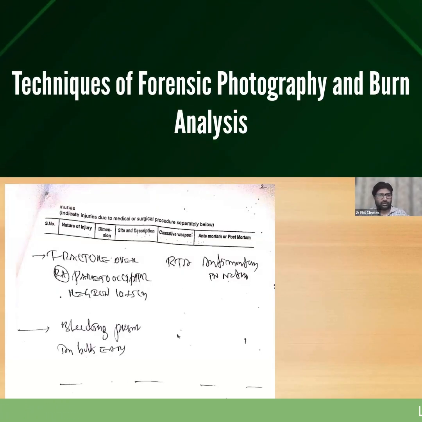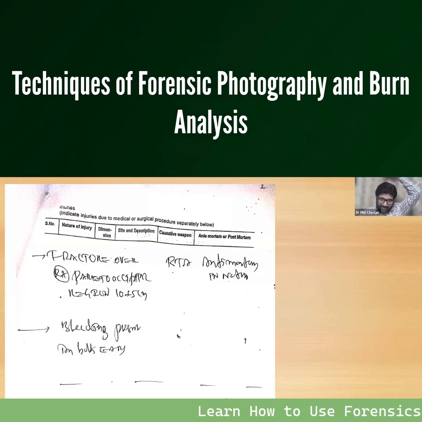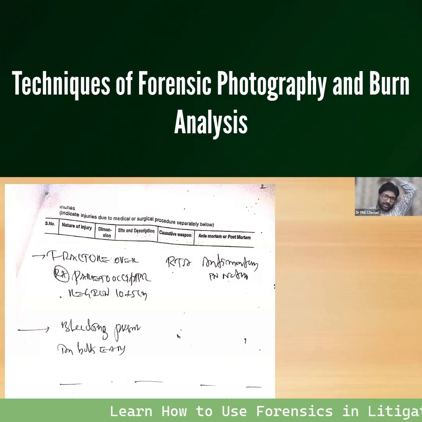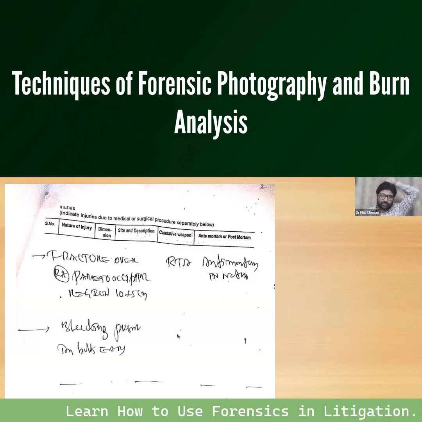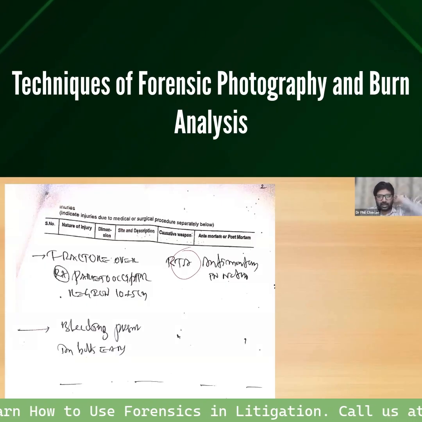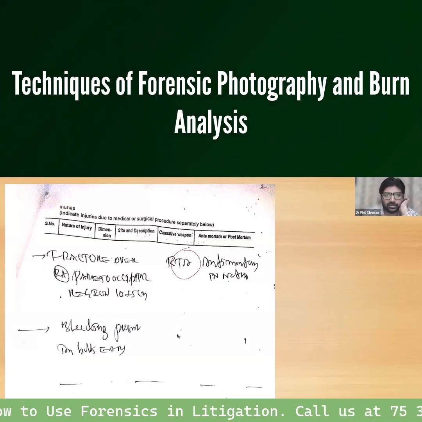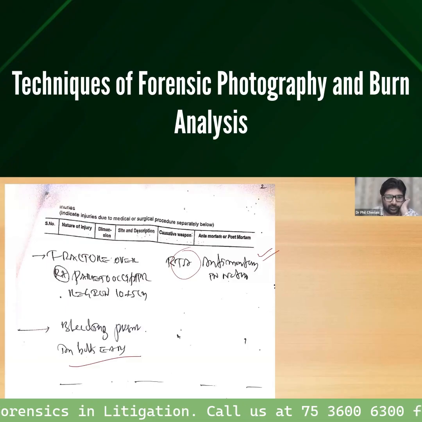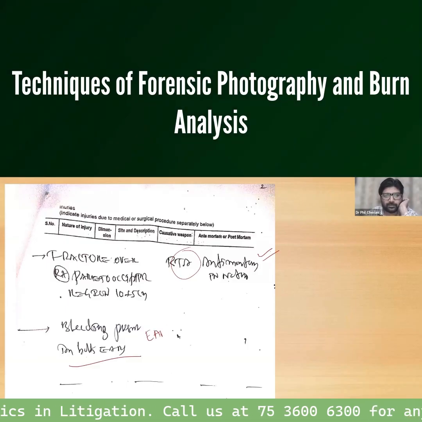It says fracture over the right parieto-occipital region. Parieto-occipital region is this one, the prominence at the back part. Okay, in this area there is an injury at the top, on the right side, which is more commonly because of road traffic accident, RTAs, and antemortem in nature. Antemortem, bleeding present in both the ears. If I'm not wrong, it is ears.